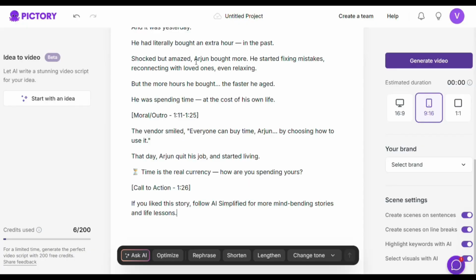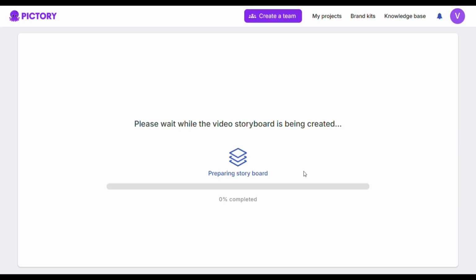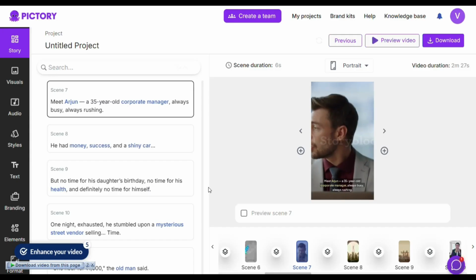Okay, picture this. You write a blog, or a script, or even just a long text, and Pictory goes, cool. Want a video version of that? Give me a sec. Boom. Script becomes visuals, stock footage, subtitles, transitions, music. No editing required. It's like having a YouTube video editor who never sleeps, never misses deadlines, and doesn't ask for